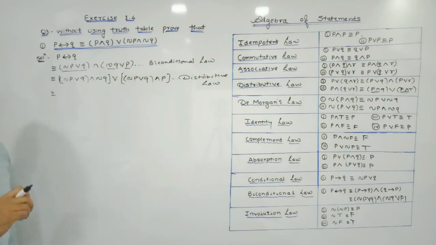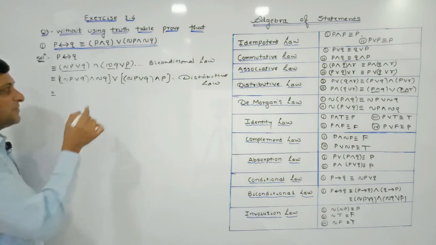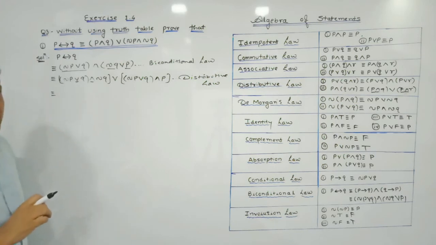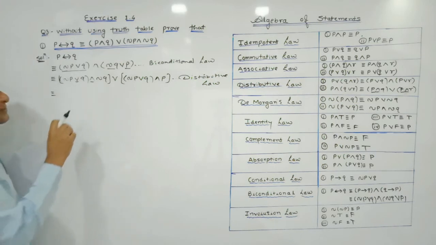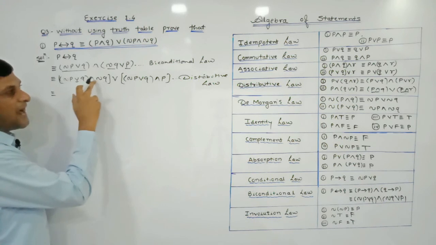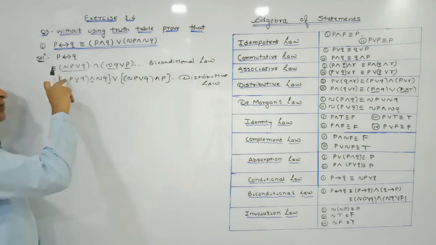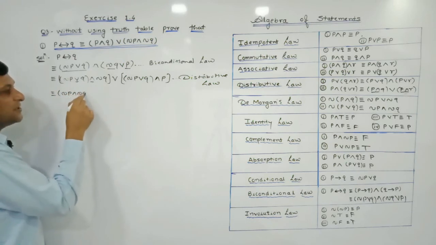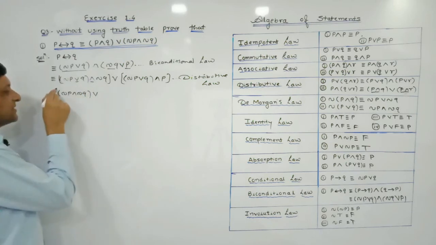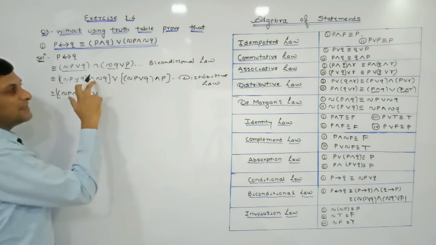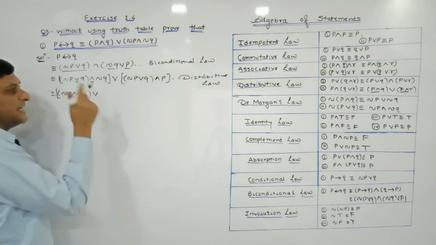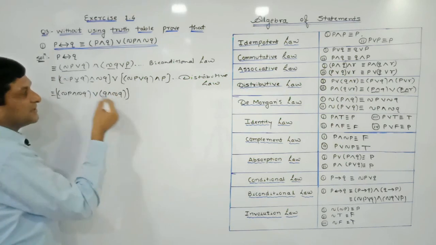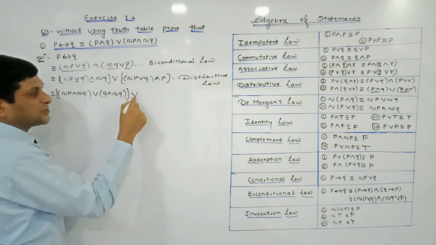Now again, if you observe these two statements very carefully, here or is there and here and is there, means again we are able to apply the distributive property. According to the distributive property, first take the and of negation Q with negation P, so negation P and negation Q. Keep this or as it is, then take the and of negation Q with the second letter, that is Q and negation Q. So in this way again we have applied the distributive property.